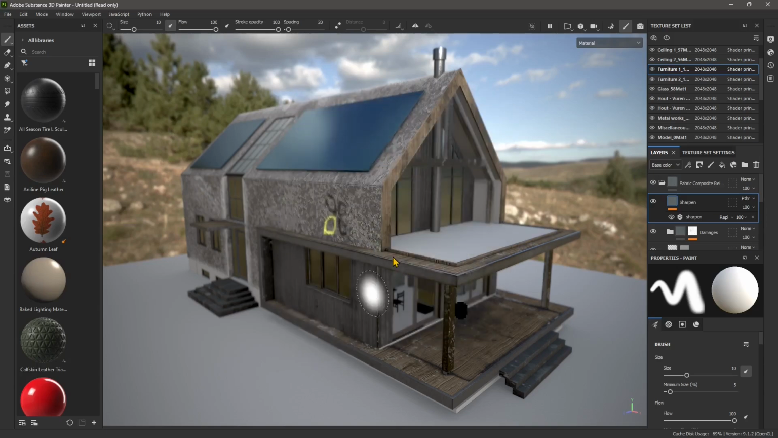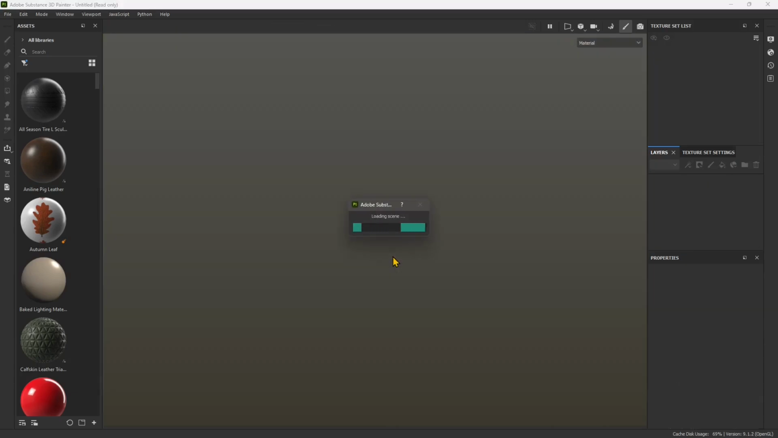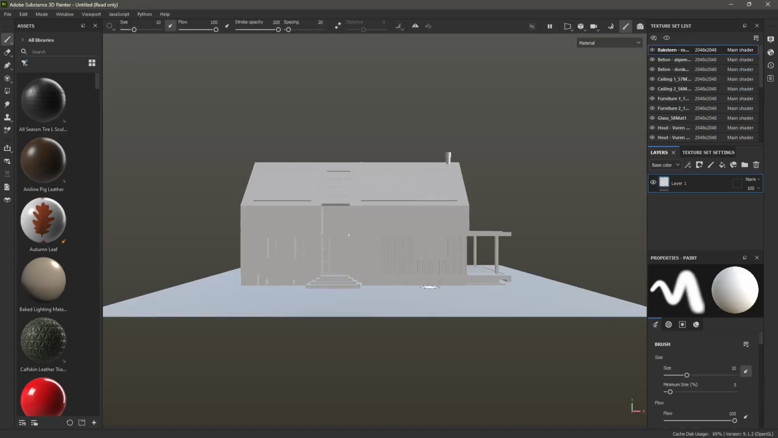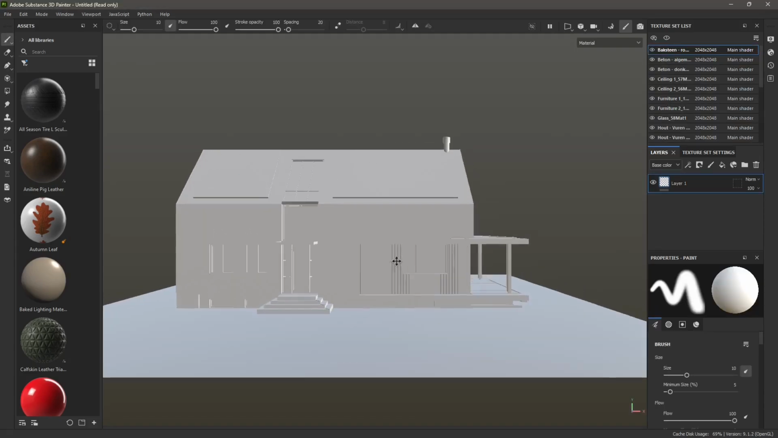Discard this project, and we just need to wait for the scene to load. Now, if it's a bigger scene containing a lot of objects, a lot of polygons, it's going to take more time, so be patient. And there it is. Now, to test if everything